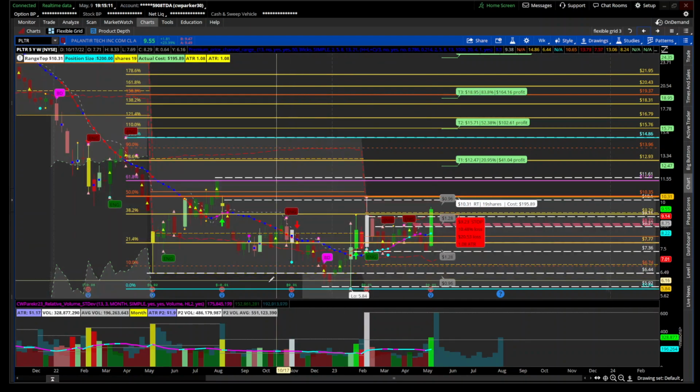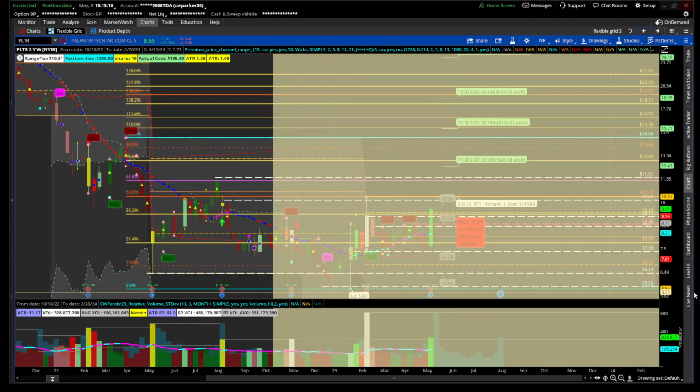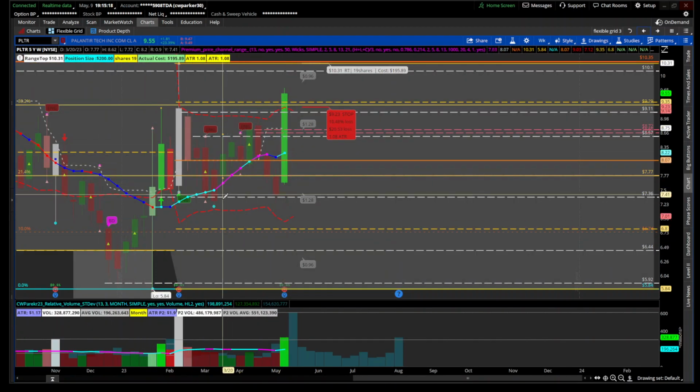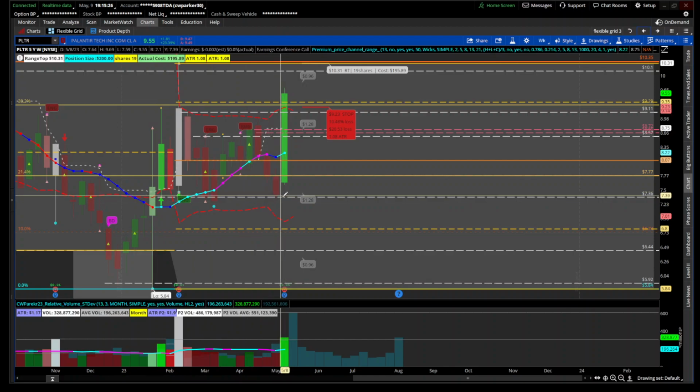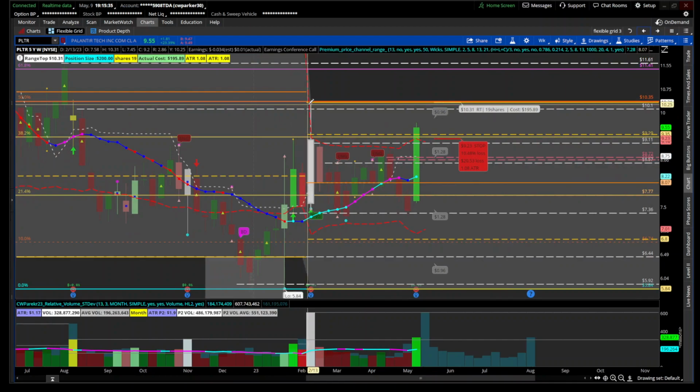And Palantir, it hasn't broken out on the weekly yet, but you can see how it was consolidating here and coming back to the same point right here, the same support area. You see all these lows in the same support area, so it created another range within this larger range, and it's breaking out now. It tried back here with this high wick, but it couldn't do anything. But the body of the candle actually broke above this area. So Palantir looks good,